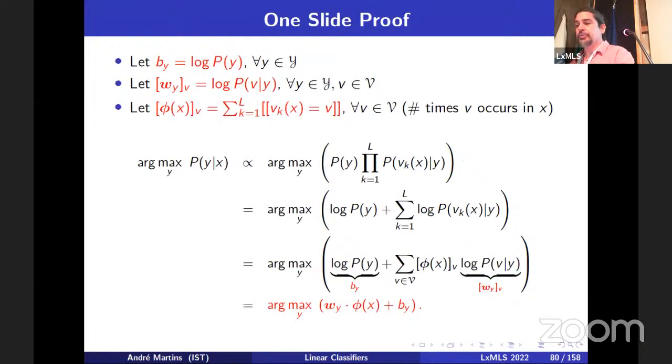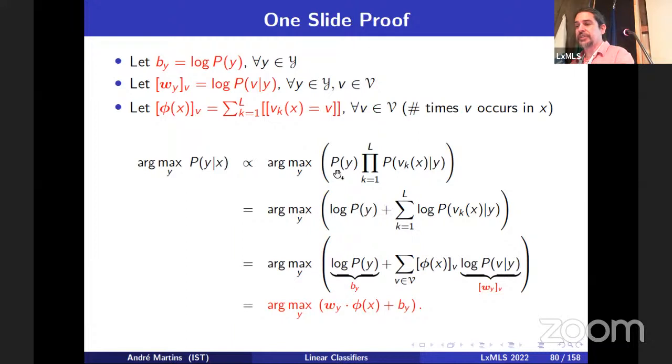But to show how, if you let the log of the prior, if you call it by, okay, for every class, for every label y, and if you let the log probability of a word v given the label be a weight that we are going to call wyv. So it's a weight that depends on the label and the word. And you define features, which are just counts, how often a word v occurs in document X. Then it turns out that the y that maximizes this probability, which is the same thing,